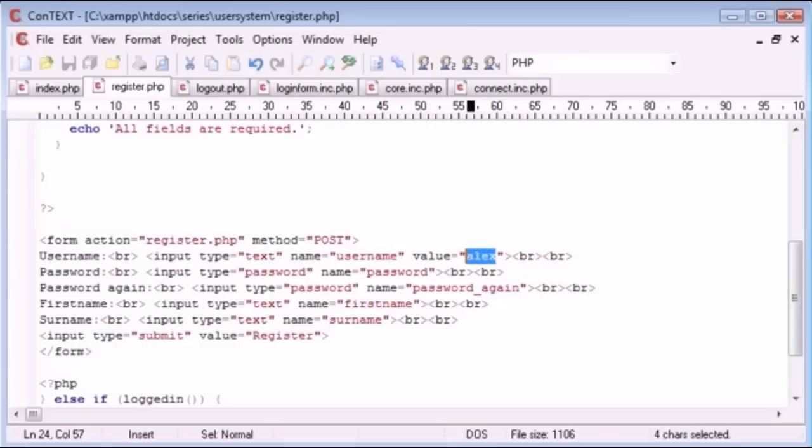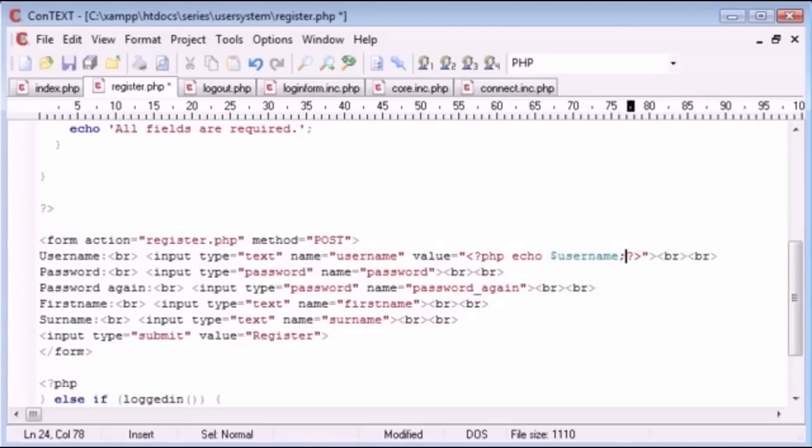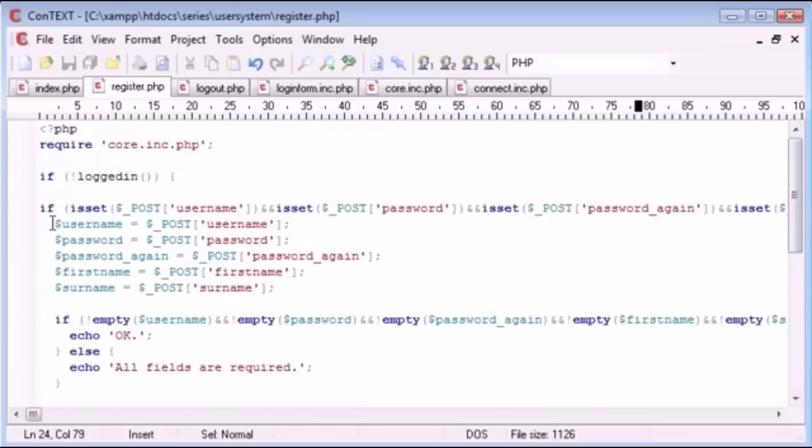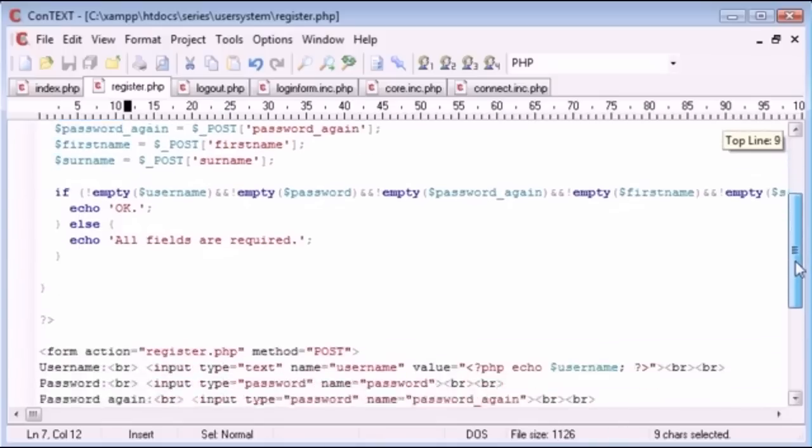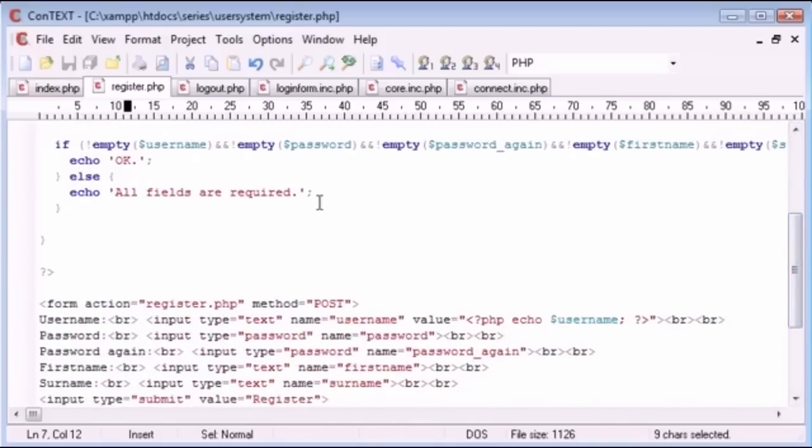So what we can do is the data that's already submitted we can include within this form. If we open up PHP tags, we're writing inline code now. We can echo out the username. So what will happen is the page will be submitted. This variable here will be set to Alex, for example. It might be set to Billy, it might be set to anything. But then we'll come down, and even if we get this error, we're still going to be putting this value